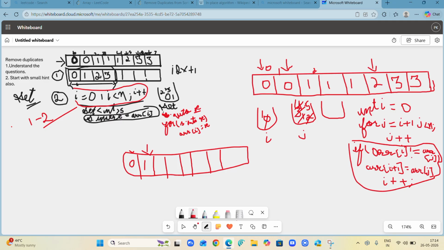So I'm going to do array of I plus 1 equals array of j, means I'm moving to the next index, and 1 is saying come beside me, you are different, come. So 2 is going to be stored over here, array of I plus 1, because array of I plus 1 becomes array of 2, and array of 2 means this position, and array of j is the 5th position.